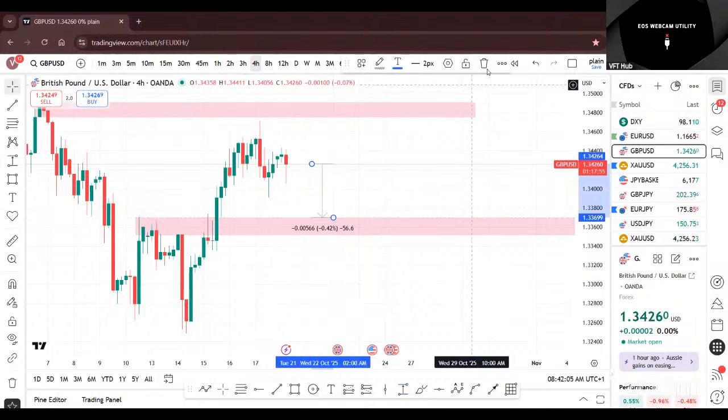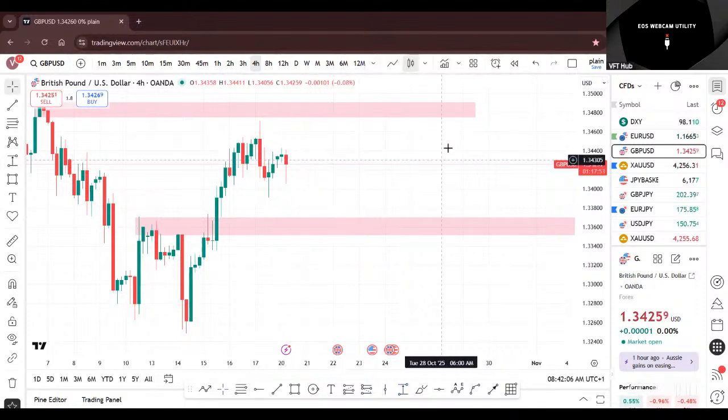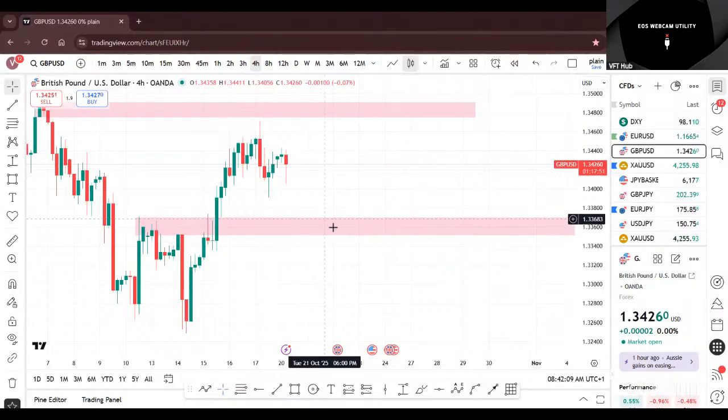So I'm more interested in GBP USD sell before the buy. When GBP USD has sold off into this level, then I'll be willing to buy it. Same way I want to buy Euro USD. So my buys for GBP USD this morning is to see a short-term sell into this level, because I also